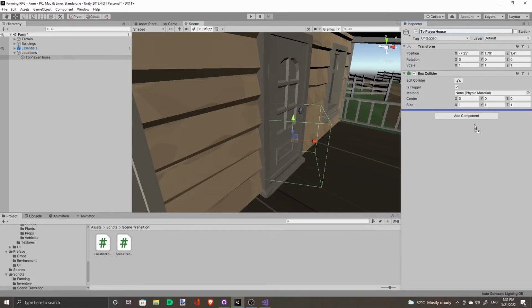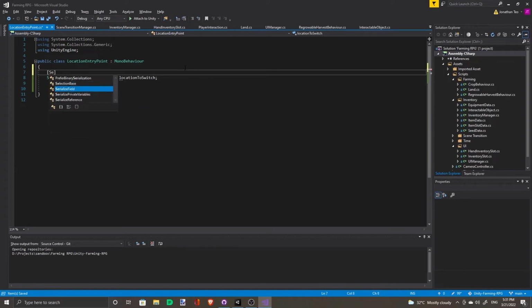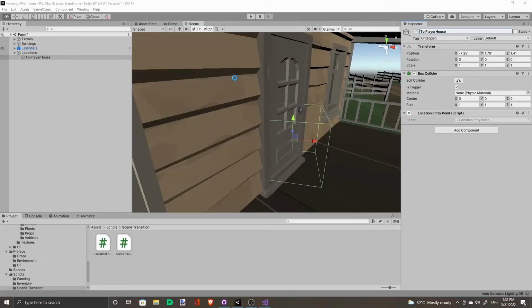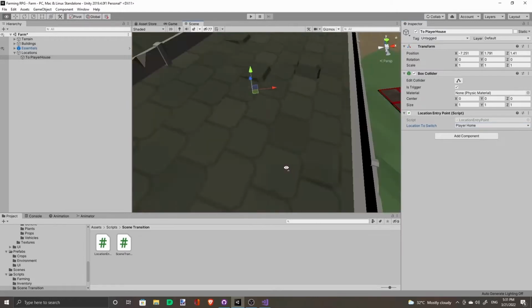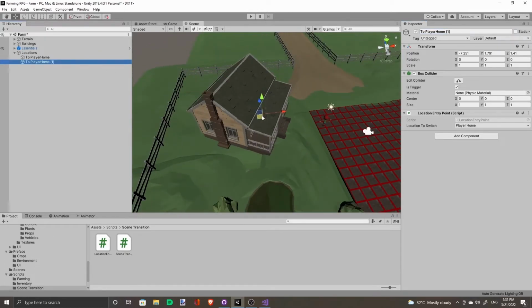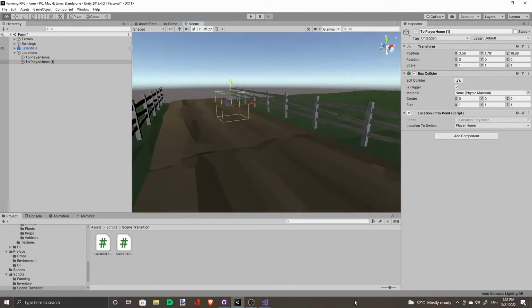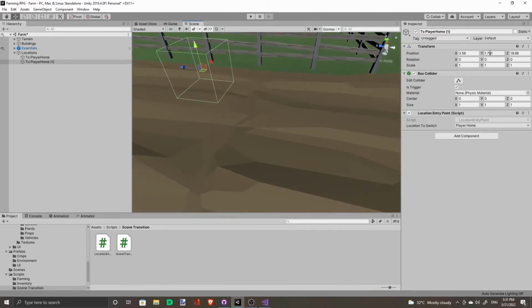And we'll add the location entry point, serialized field. So this location goes to the player's house. And then we need another location point here. So when the player walks by here, it goes to town.